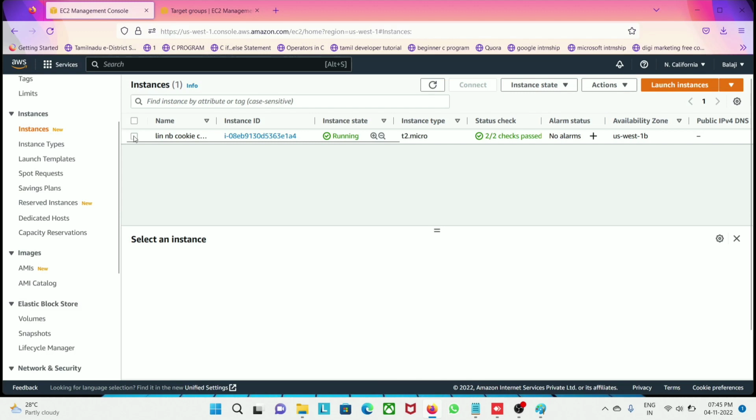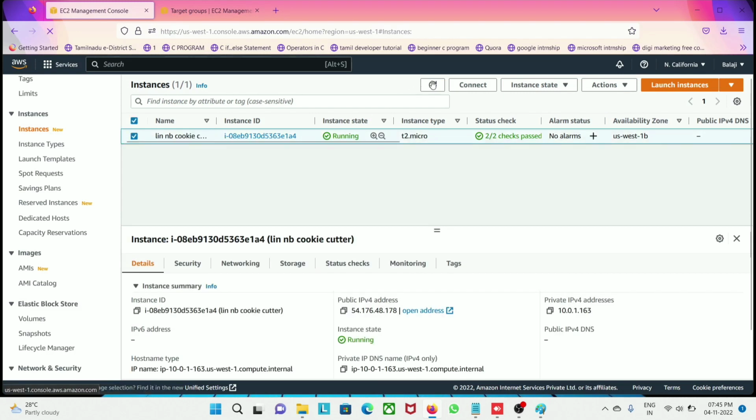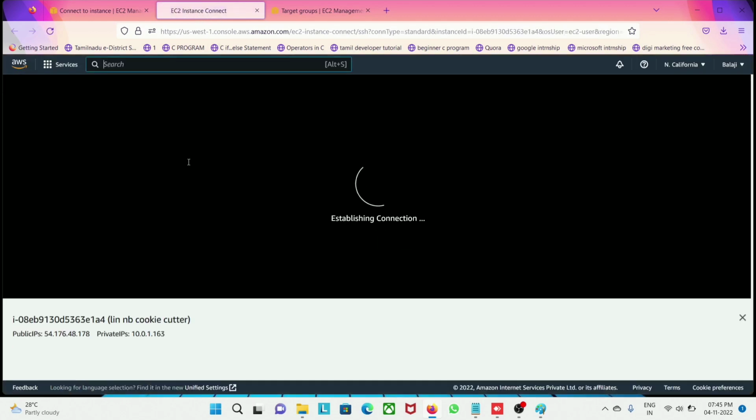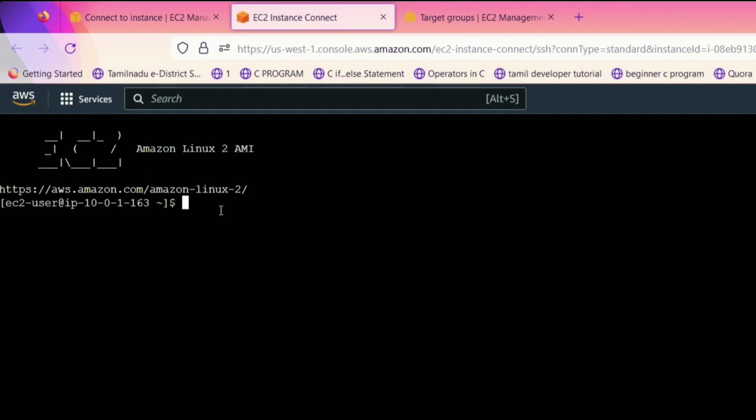So this is our instance. I am going to take instance connect with EC2 Instance Connect. So I click connect. We have to make some configuration with this EC2 instance. Okay, this is our EC2 instance. So get into sudo, super user,